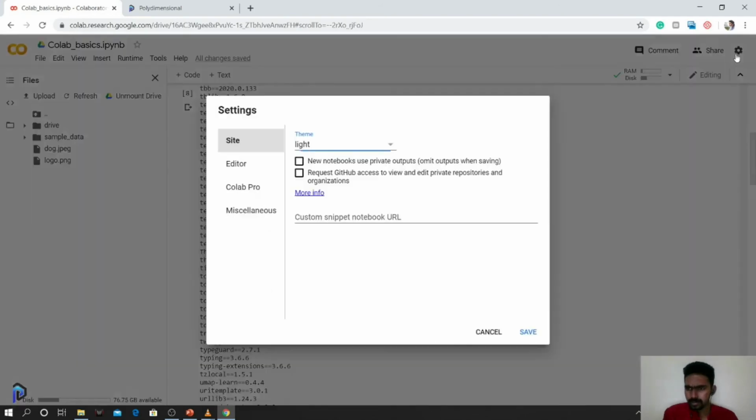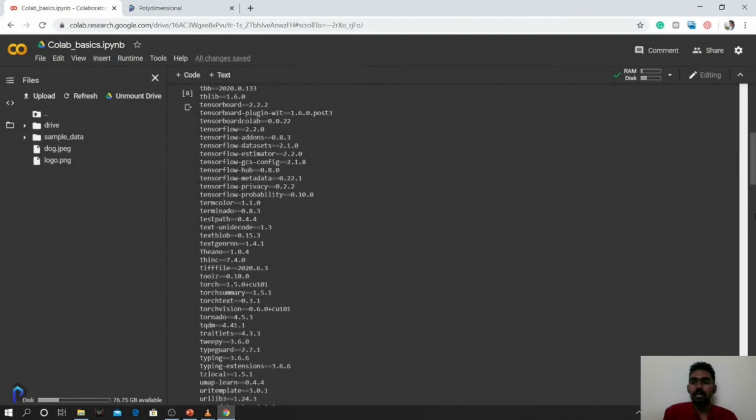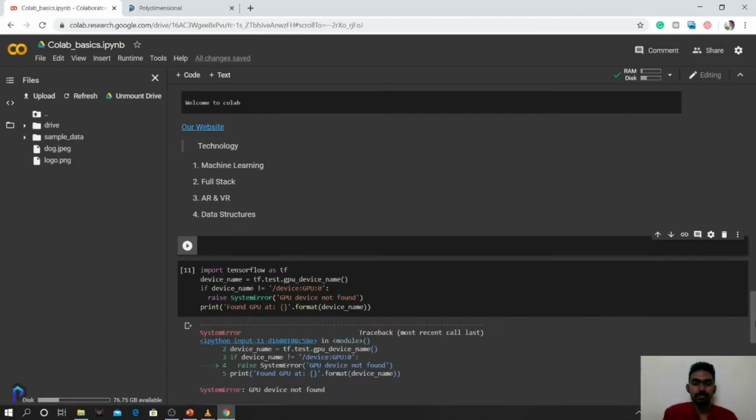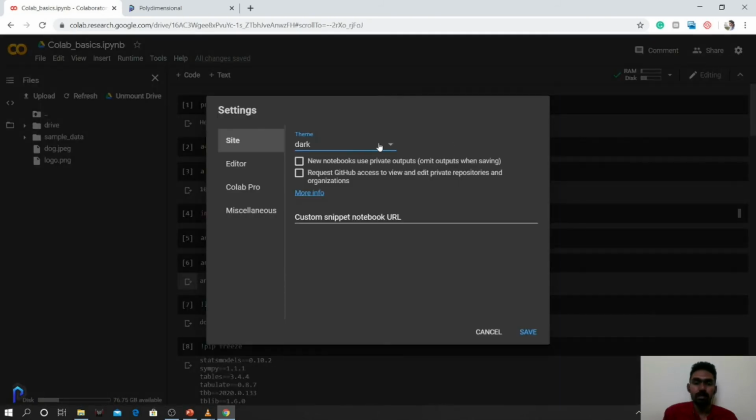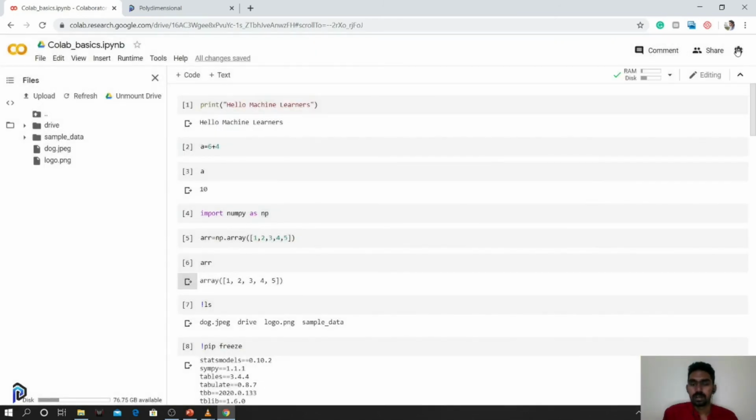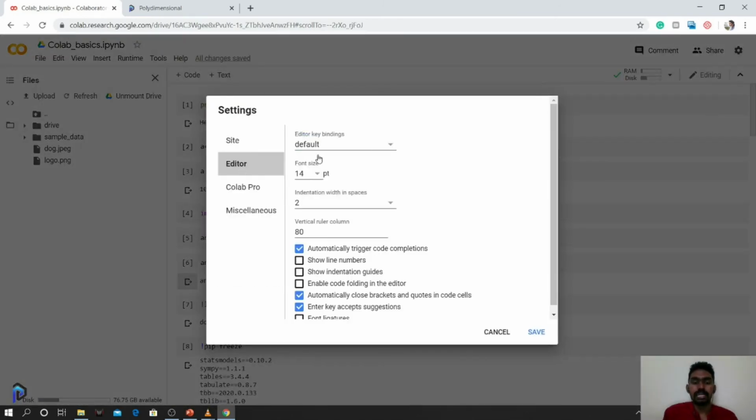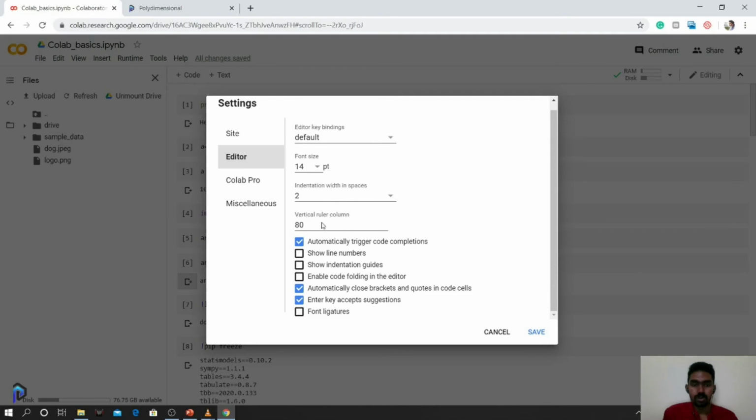And finally, let's get into the settings. So in the settings, you have a light theme that we have worked so far. You can also go for a dark theme. So when I say for a dark theme, this is the dark theme that we have. So some of us or most of us prefer dark theme. So if you are that kind of person, you can go to the dark theme. I'll just stick with the light theme for right now. And you can also change the editing size. So the size, the font, and those things also. So most of the time we go with the default, but if you are someone who want to customize it, you can do so.